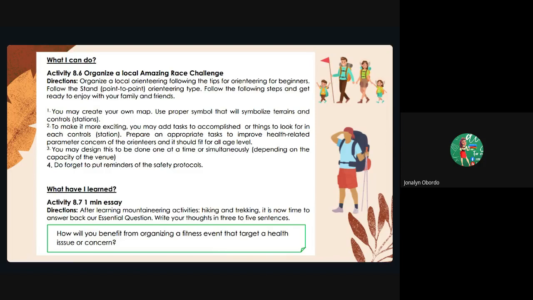Okay, and lastly, you will be answering what have I learned. Okay, so this one is your last activity for this subject. O, diba? Last activity and last activity for this quarter in the subject physical education. Wherein you'll do a 1-minute essay, diba? After learning about orienteering, di ba?